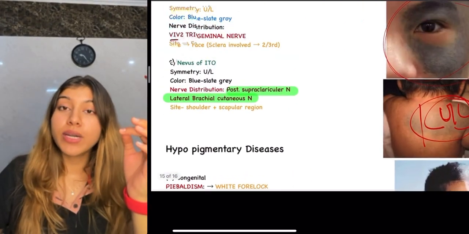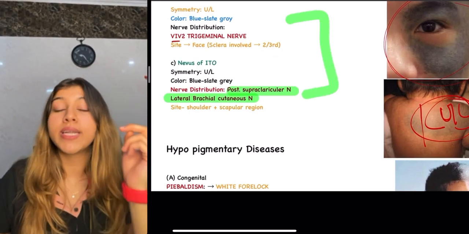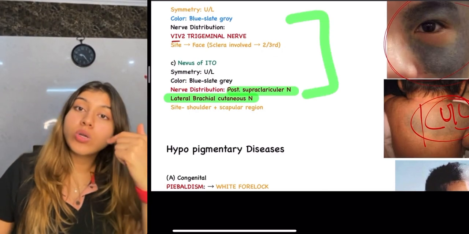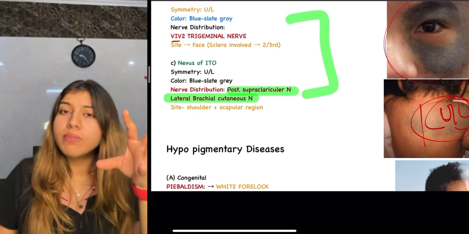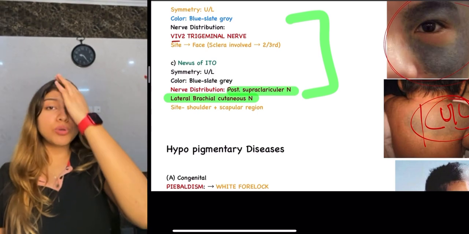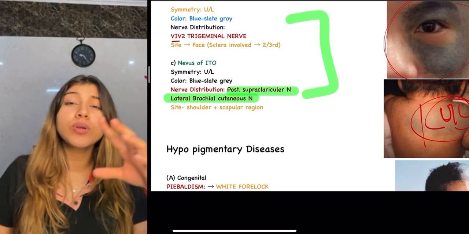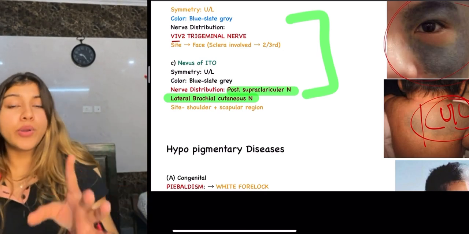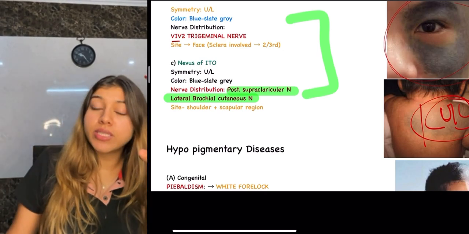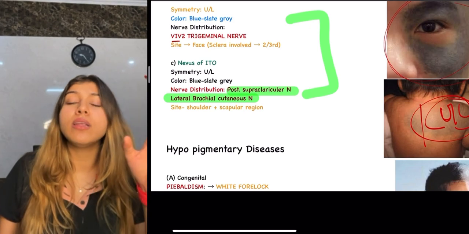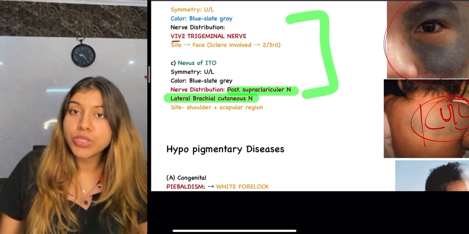Okay, I hope you guys have understood this. Very, very important. Your nevus aorta and ito. Remember, ito is the shoulder, aorta is also oculo. Okay, this image comes and a lot of times people screw up here. That is what I'm telling you. Remember one. Don't try to mug up both. Remember one. Aorta means eye. Okay, they gave an image of the eye, it is unilateral. They're telling you the trigeminal nerve is involved. Finish. Just mark it as your nevus aorta.